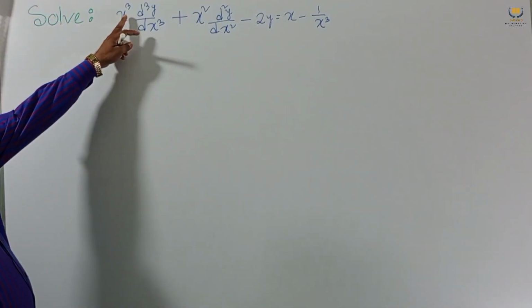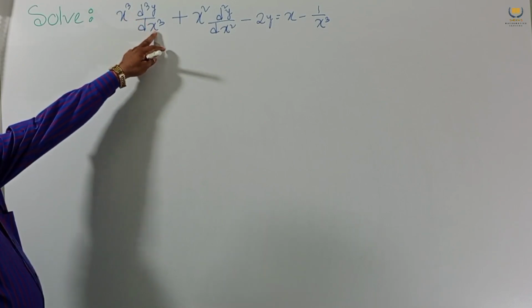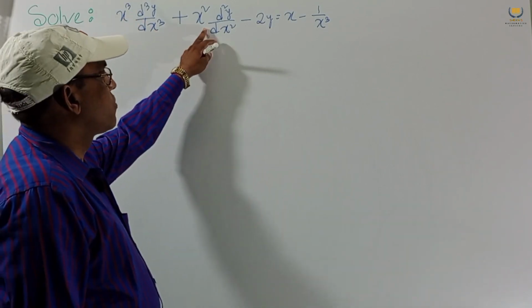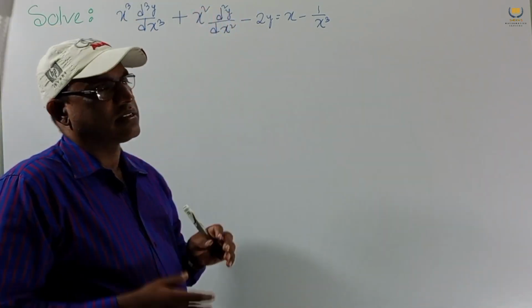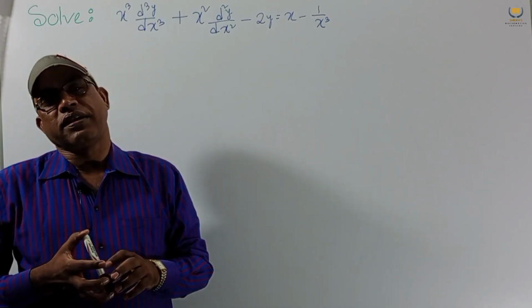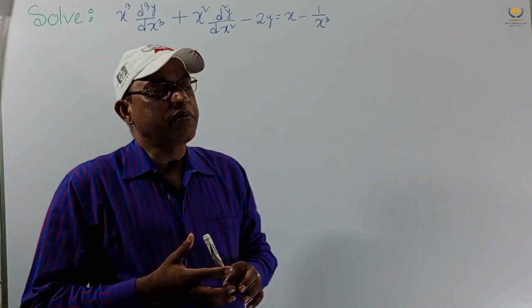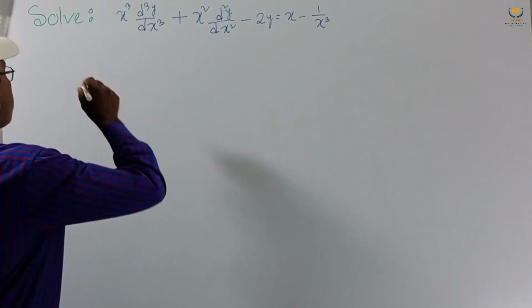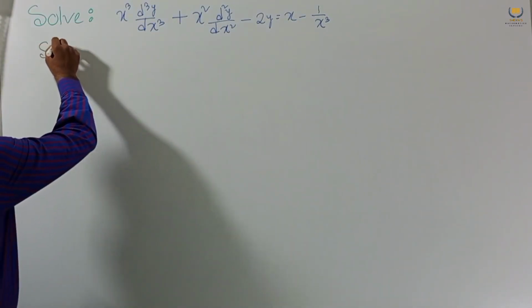Here the power of x is cube and the order is 3. Power of x is 2, order 2. So obviously this is a homogeneous linear differential equation. If it is homogeneous, then for solving this problem, we consider